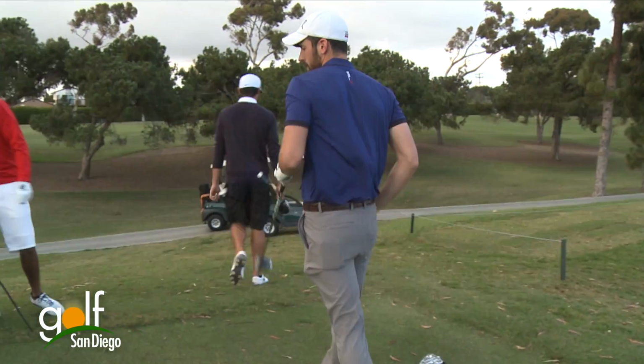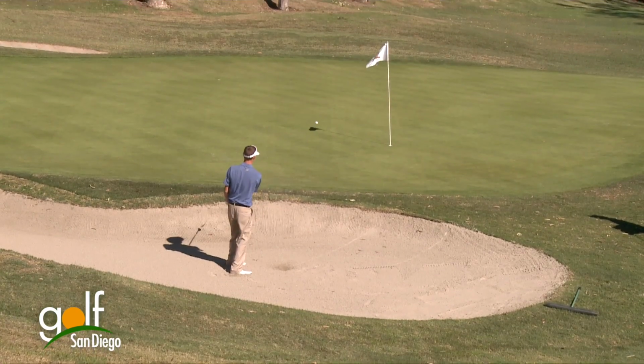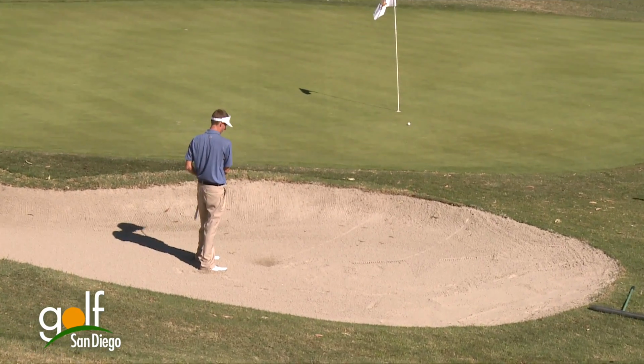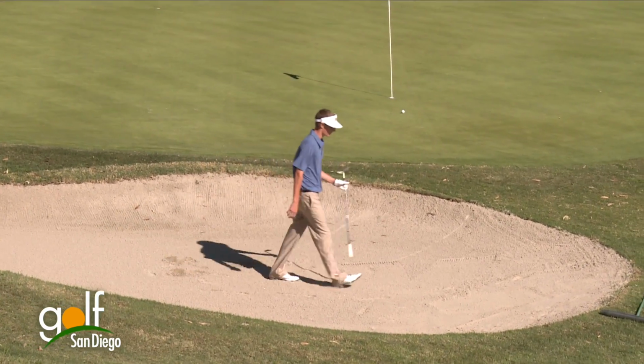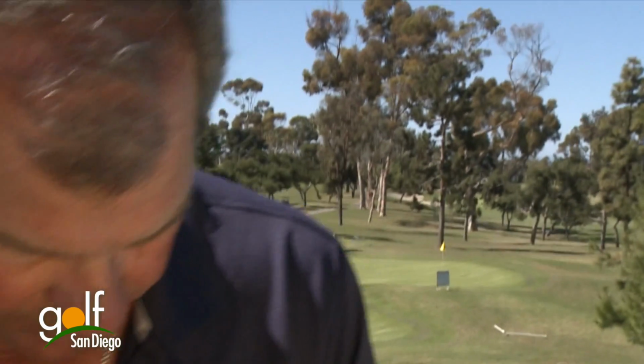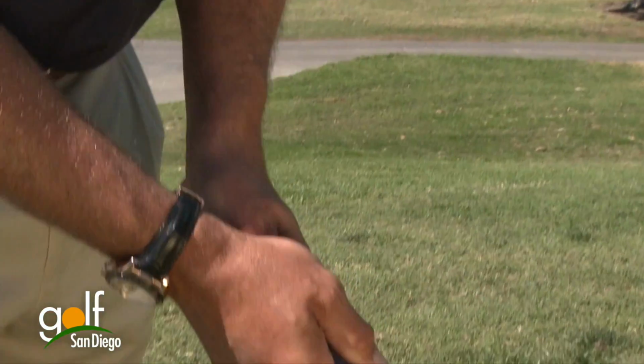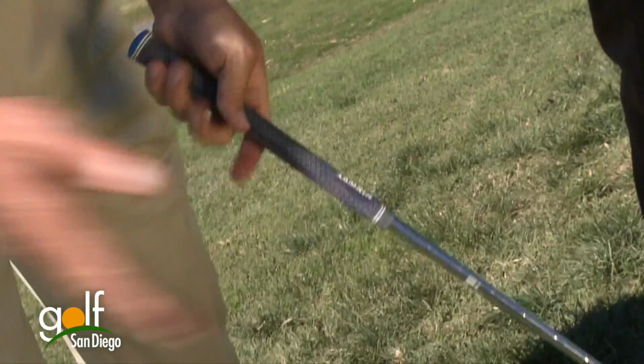How many strokes are you losing in your golf game? It increases the tension in the golf swing, in your forearms, in your hands. And what that does, it inhibits you from swinging freely. What happens is when the grip gets worn, you start choking here. Whenever you see this, or you see the whites in your fingers, what it does is it keeps you from